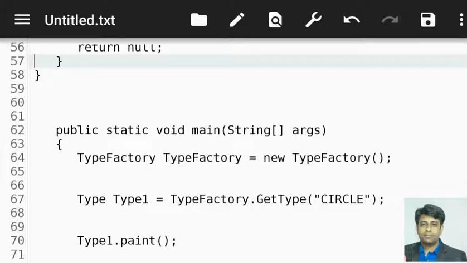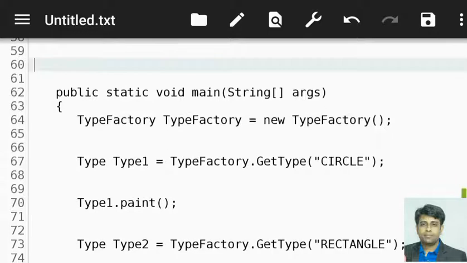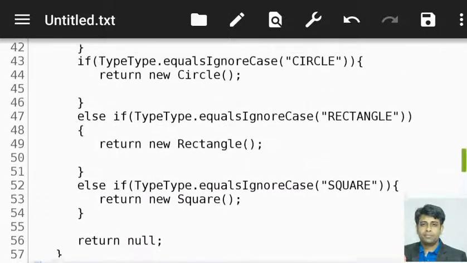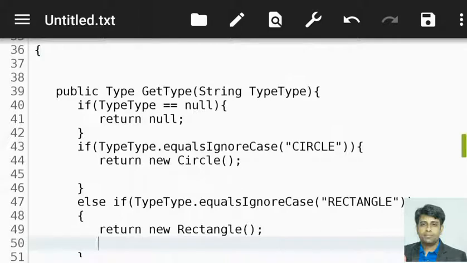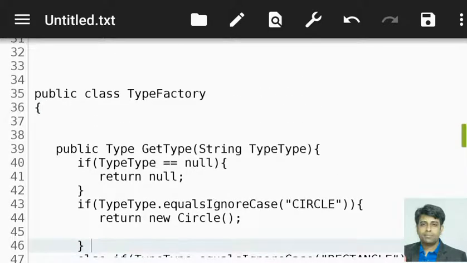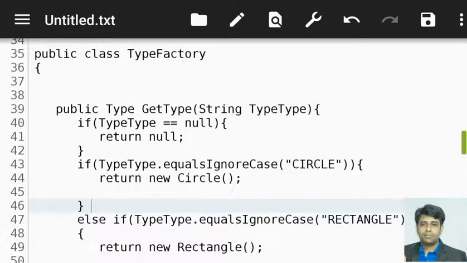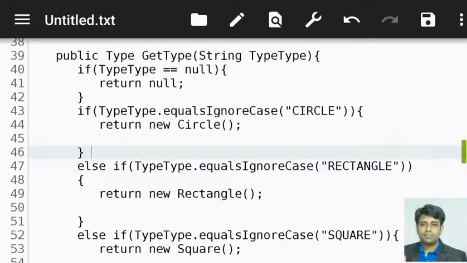So I will call the type factory class, and I will call the get type method, because in the factory class I have the get type method where I am checking the user input. If the input is circle, I will return the circle. If it is rectangle, I will return the rectangle.